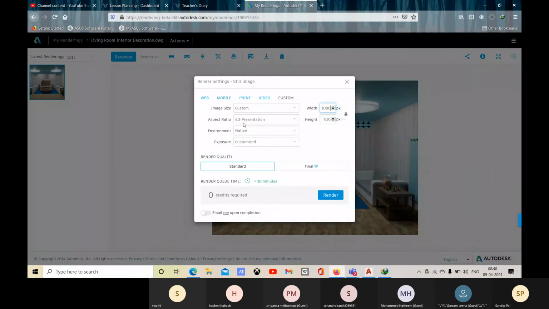About the environment, you can put all this environment there. Native means as per your AutoCAD environment, and for exposure you can choose native or customize. Let me go for native, and you can go for standard. For this, no credits are required.